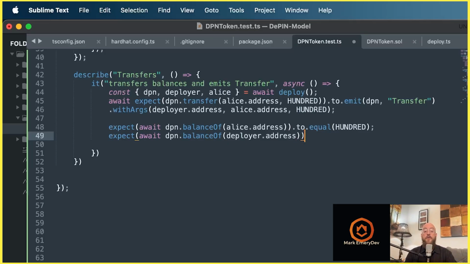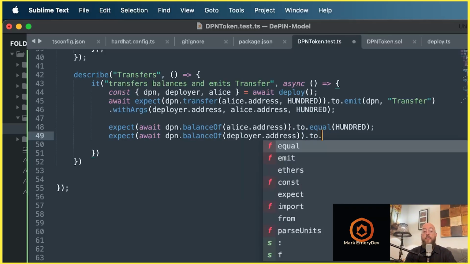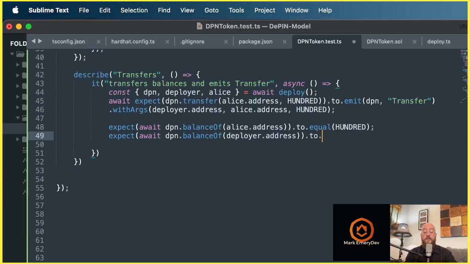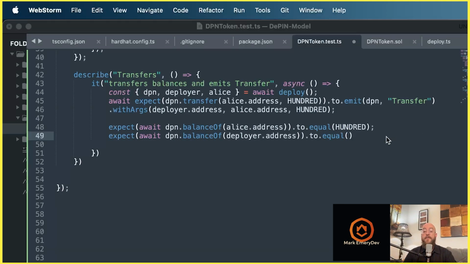if we didn't check the deployer address, how do we know that it really went from one to the other? We're just clarifying the balance. The balances should be where they should be. Okay, so the deployer address, we want it to equal